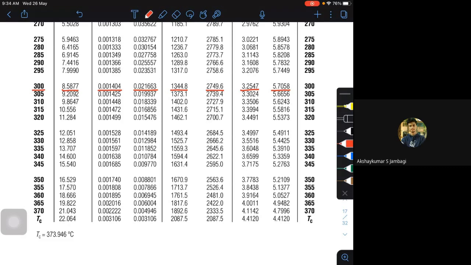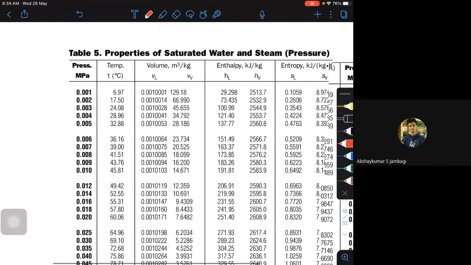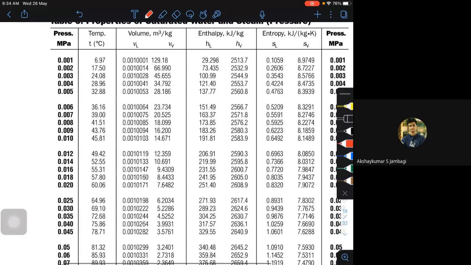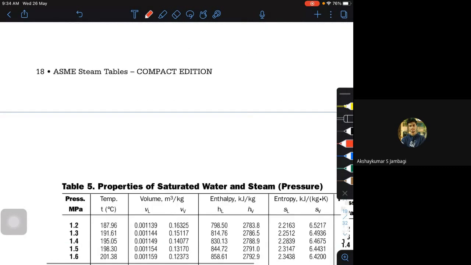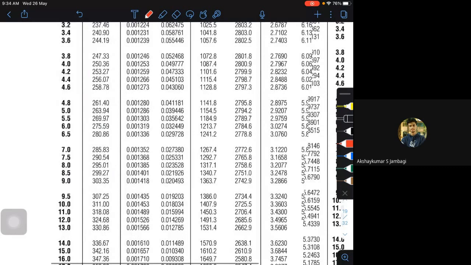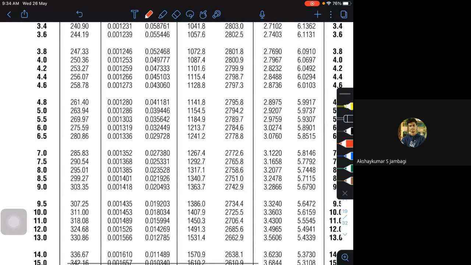Now the second thing they are telling is that it is expanded to a value of 5000 kilopascals, or 5 megapascals. What I will do is go to your steam tables based on pressure. I will go to 5 megapascals. Look at this, I have 5 megapascals, or 5000 kilopascals. What is the corresponding saturation temperature? It is 263.94. I have given 263.91 from the table in the problem statement. Then what is the corresponding specific volume?